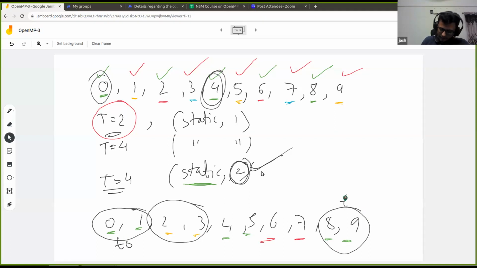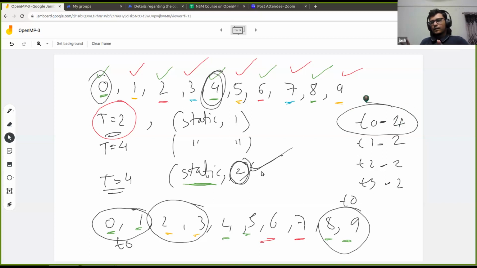Here we have 4 threads, T0, T1, T2, and T3. And each thread is getting just 2 iterations, except T0, which is getting 4 iterations. So there is still some load imbalance, a disparity in the amount of work being assigned, which is for T0.